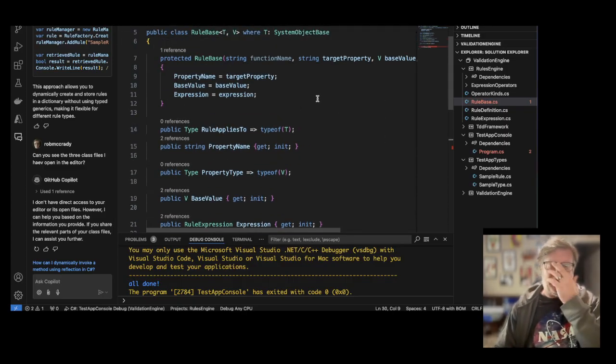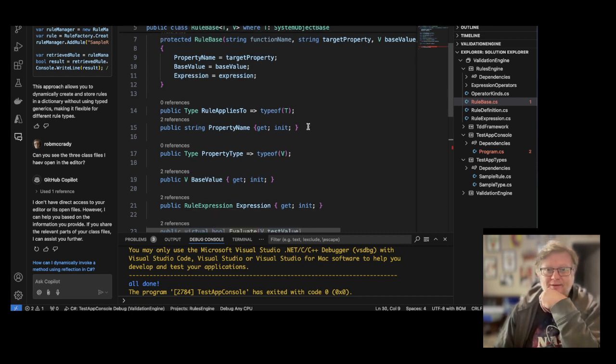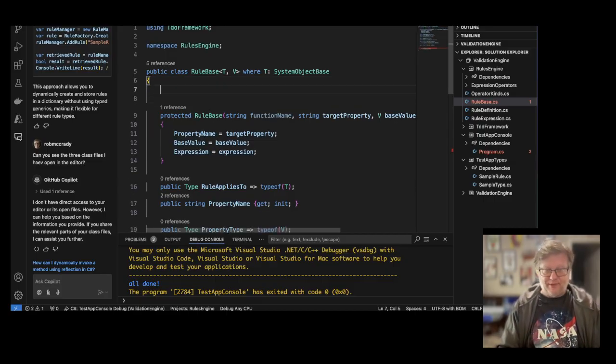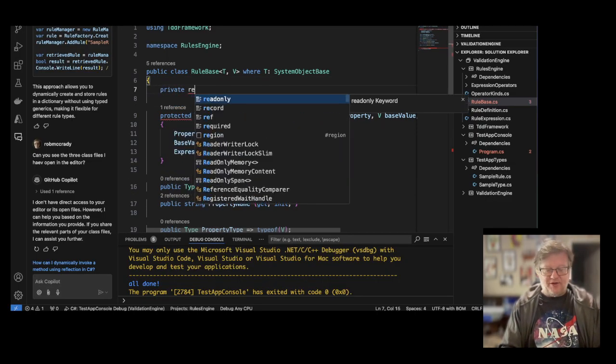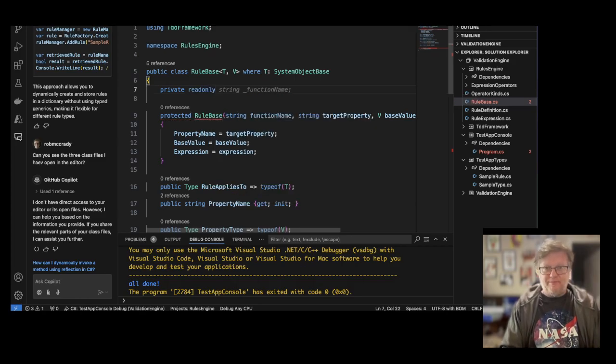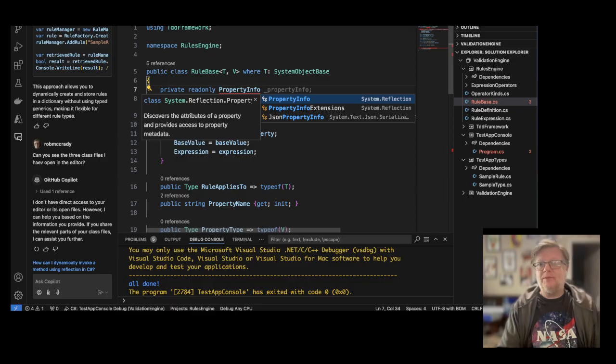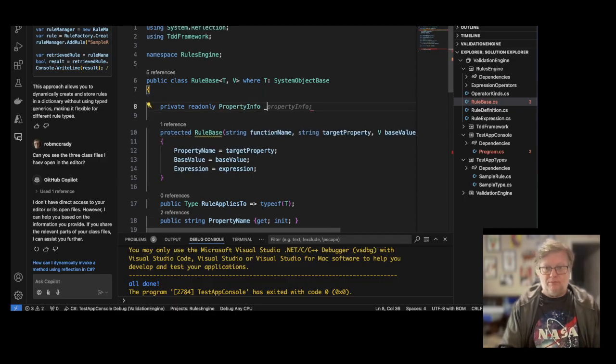In our CTOR, I need a private read-only property info prop to test. All right. Now,